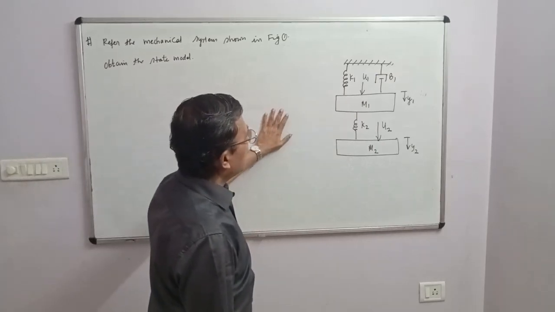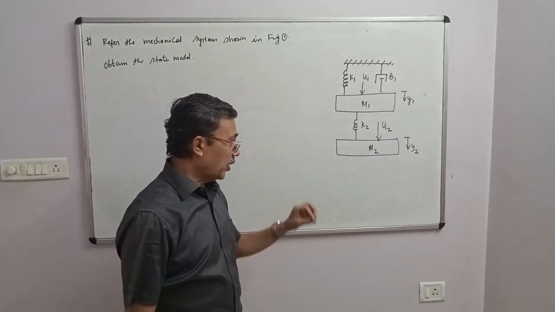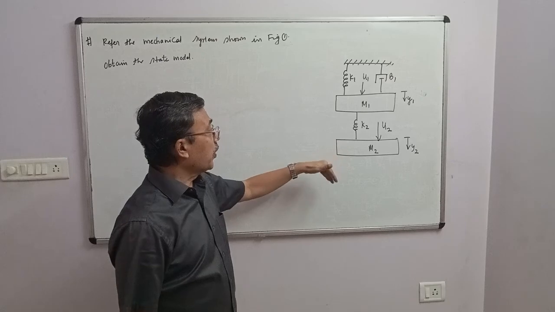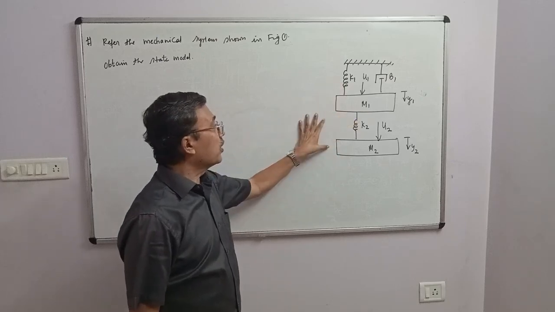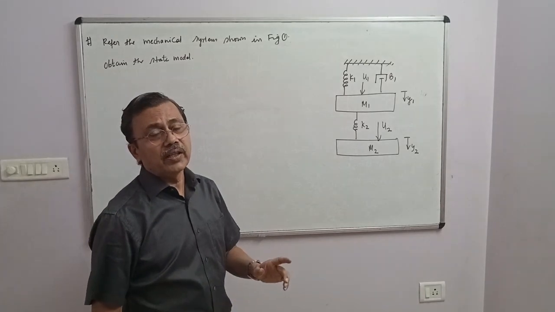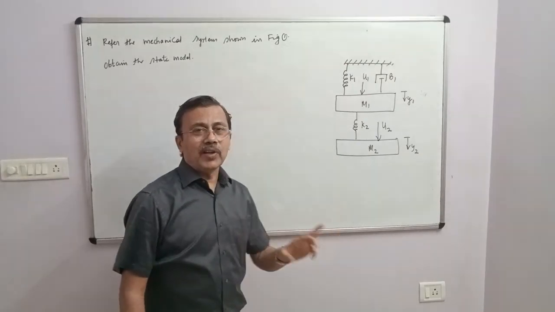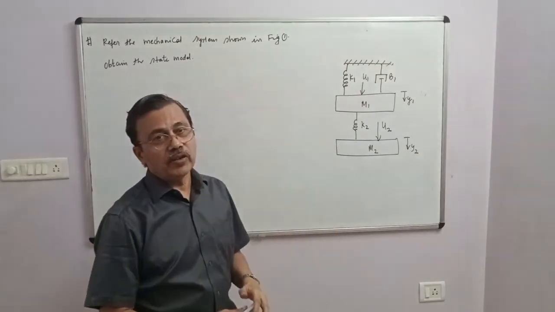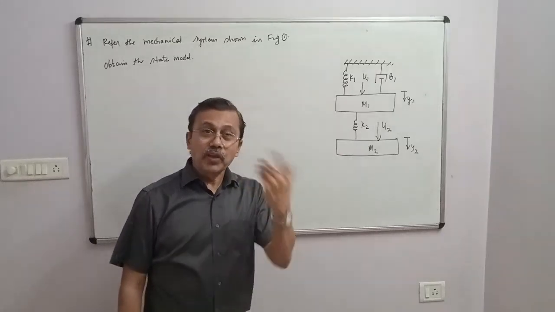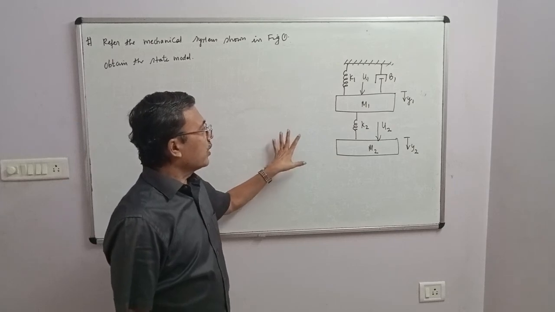So what you have to do at home is write the mechanical network. You have to take two independent nodes y1 and y2 and a reference node, and draw the mechanical network. From the mechanical network, write two nodal equations. That means you will get equations of motion for masses m1 and m2. You will get two second order differential equations. So the number of state variables required will be 4. So which 4? You think it over. I have given you the hint, correct?